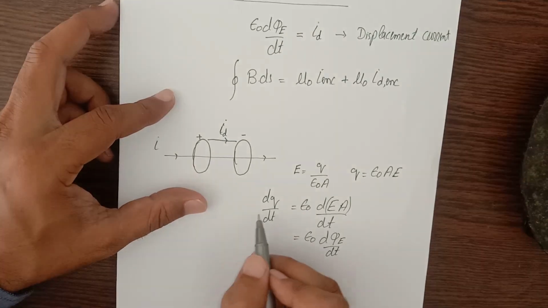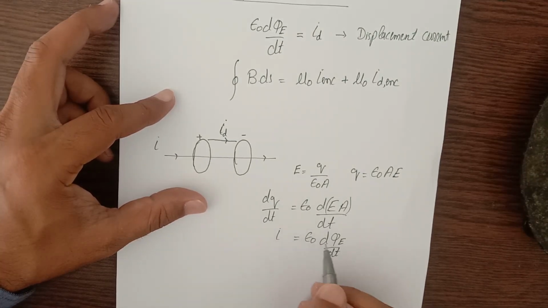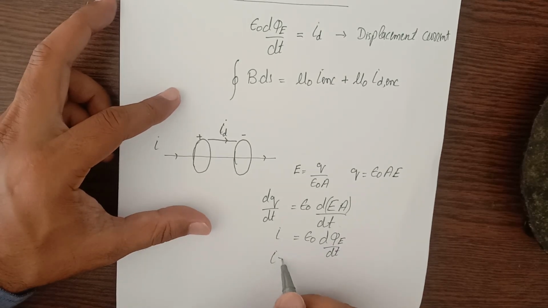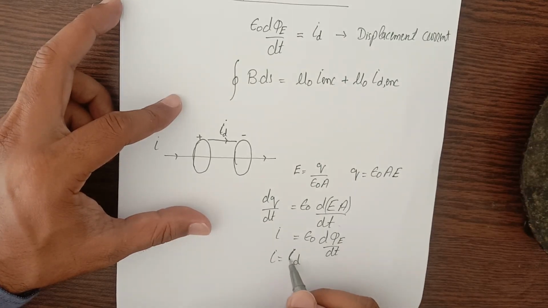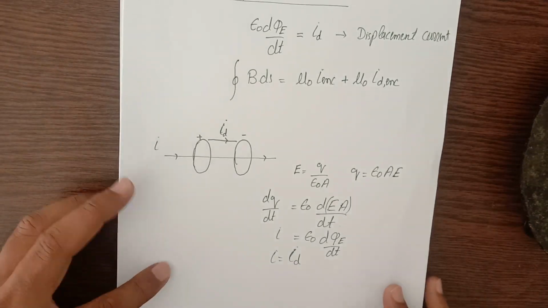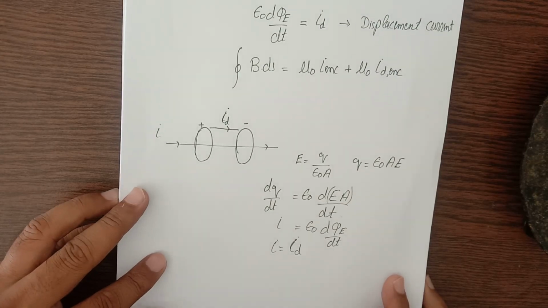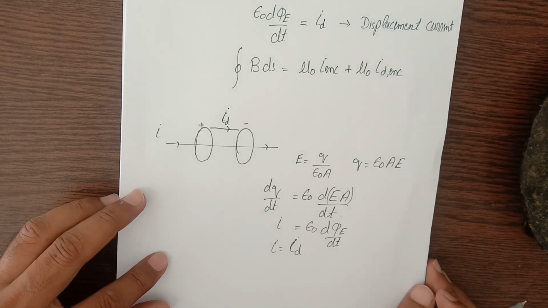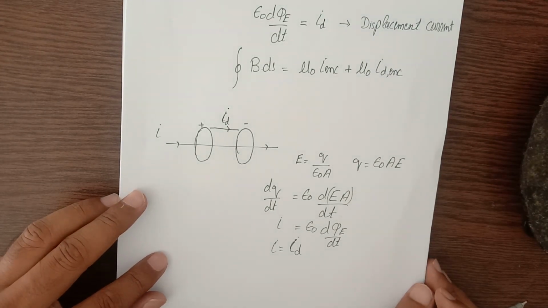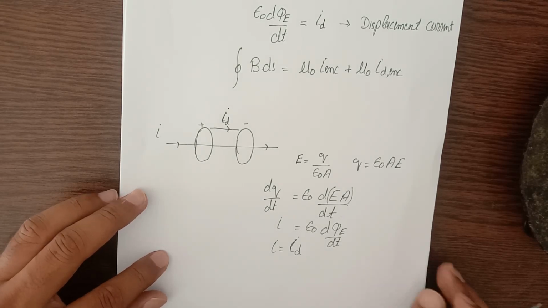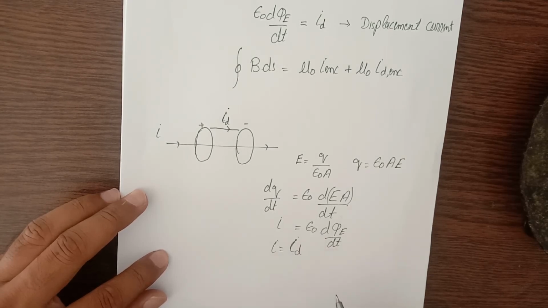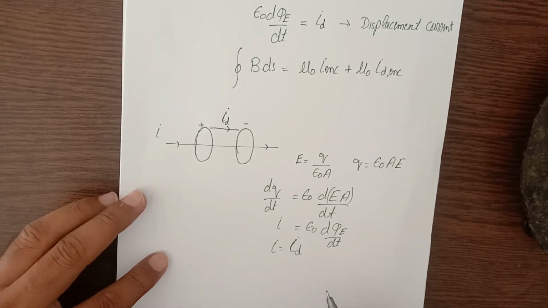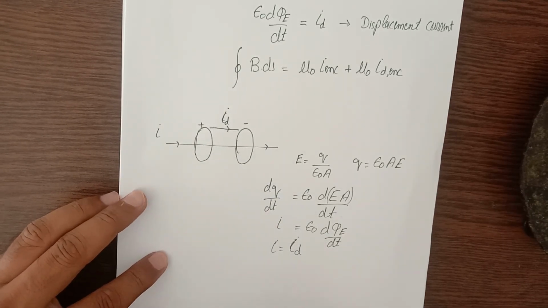Now on the left hand side is my current I, and this represents the displacement current. I would be equal to I sub d when we are taking the case of the charging of the capacitor. As I already told you, since the charging of the capacitor doesn't have charge enclosed in it, we only take this form, and so the displacement current would be equal to the actual current that is flowing through this capacitor.